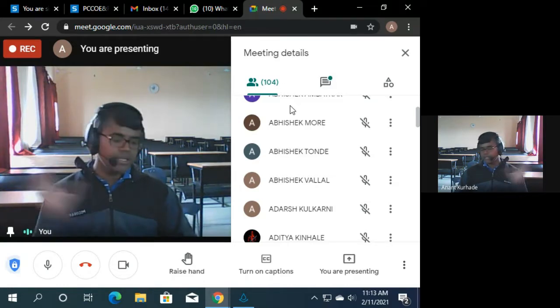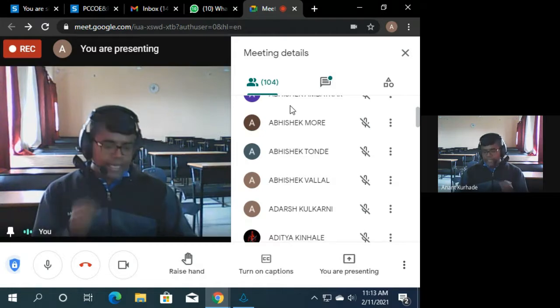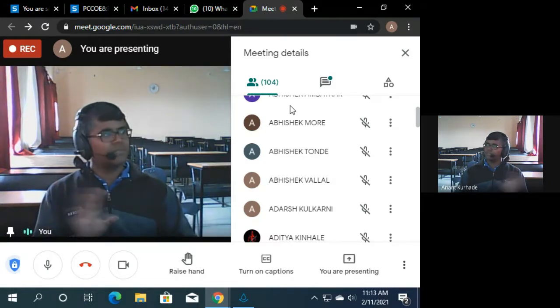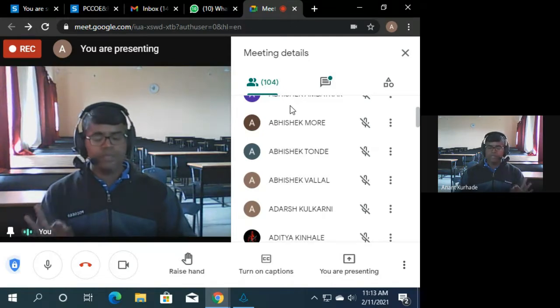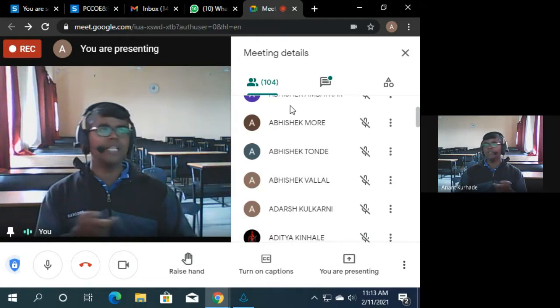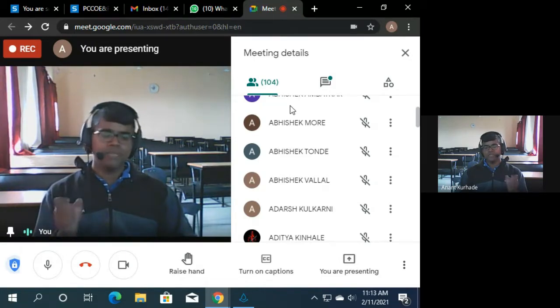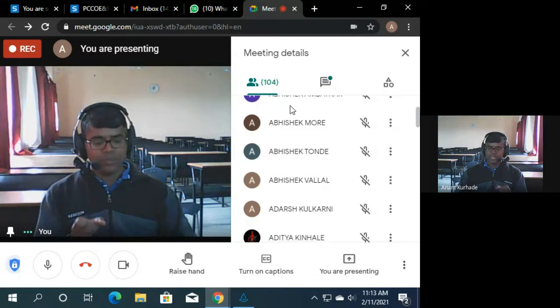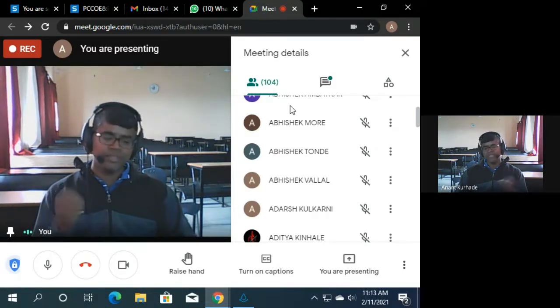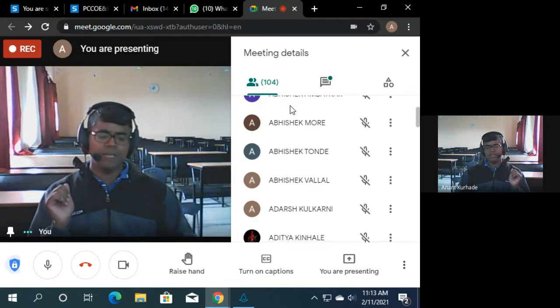First focus on the stepwise procedure for any method. Remember, for the bisection method, it is very simple. y is equal to f of x; find y1, y2 and check their product, meaning check the convergence condition. If it is negative, then go for iteration. Iterations means a repeated task. For the first iteration, x3 is equal to (x1 plus x2) by 2. For the second iteration, again x3 is equal to (x1 plus x2) by 2. For each iteration we are doing the same thing; the formula is the same, and then put the value of x3 in the given equation. So it is a repeated task.